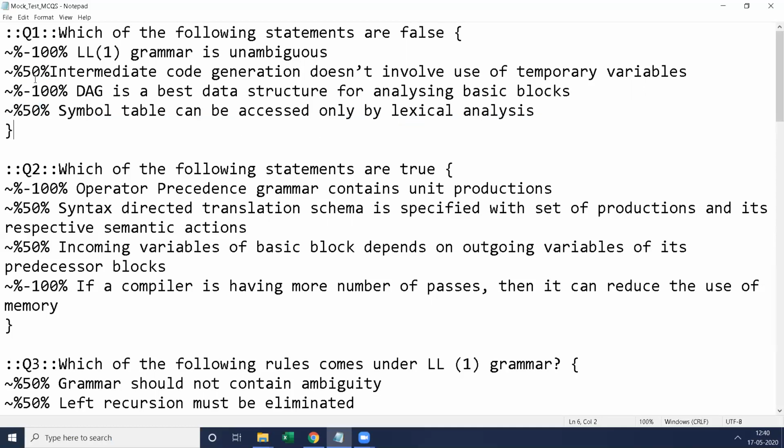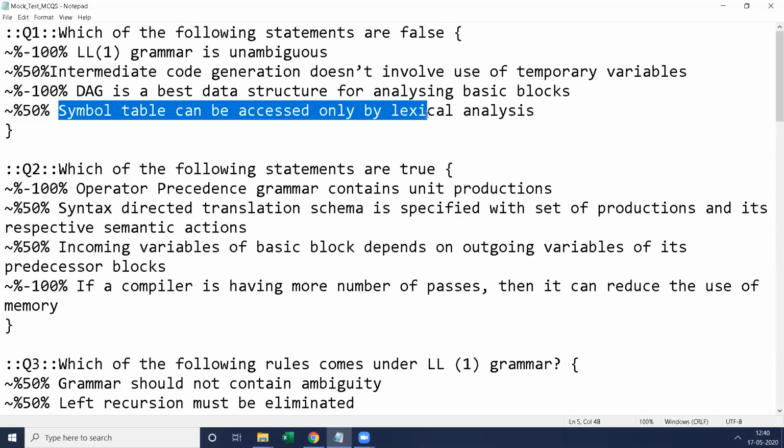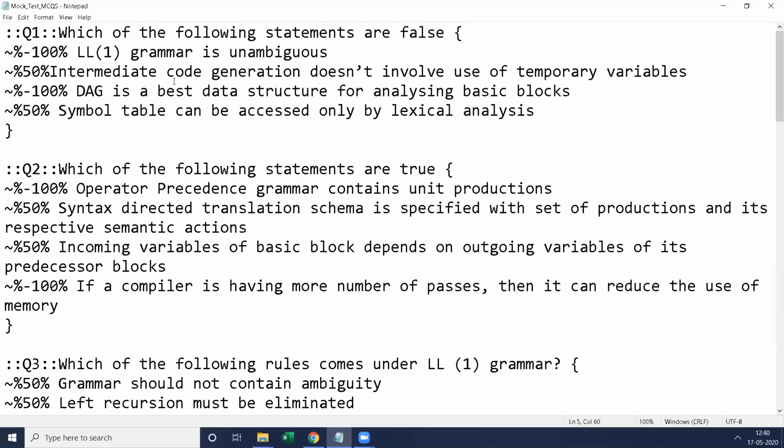So at a time, if the user chooses the second choice and the fourth choice, 0.5 plus 0.5, totally full marks will be allocated for the user.